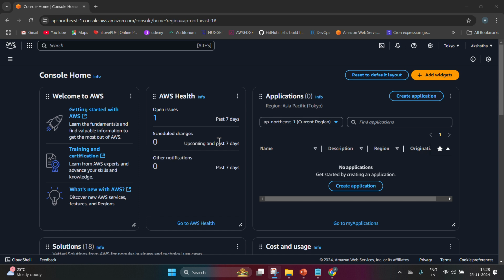For example, for a website with global users, CloudFront caches static files such as logos, images, scripts, and style sheets at the edge location. Whenever a user visits the website, CloudFront serves these files from the nearest edge location, speeding up the overall load time of the site. So the next thing is